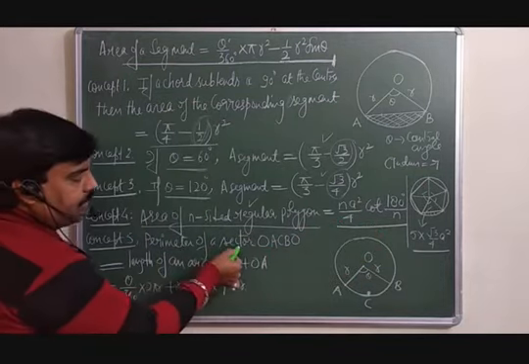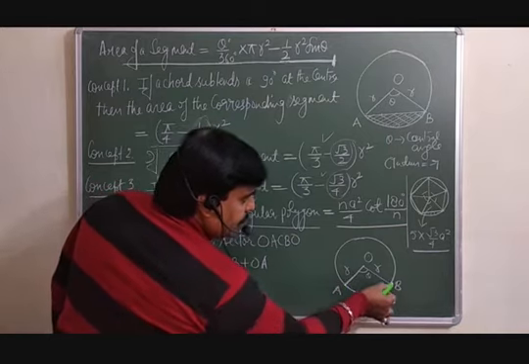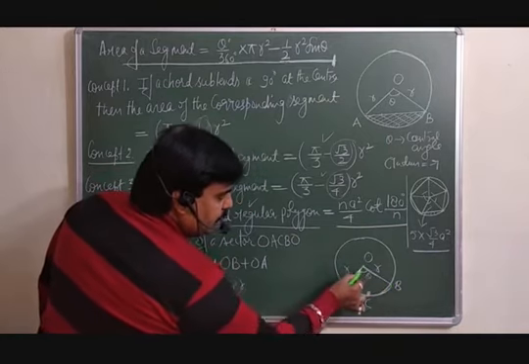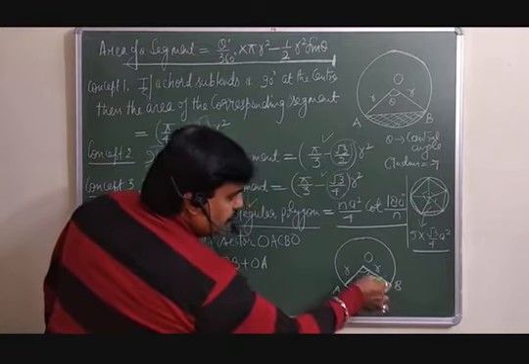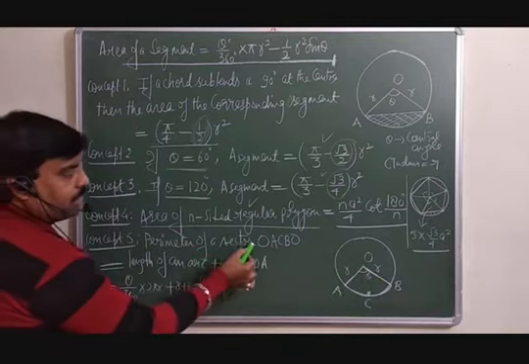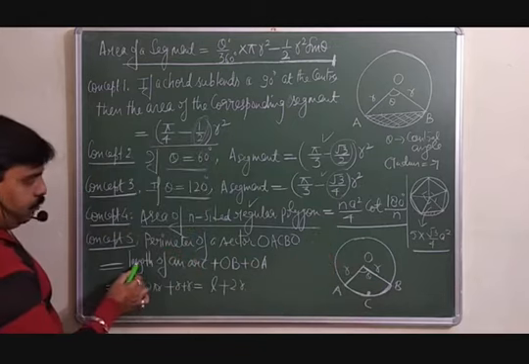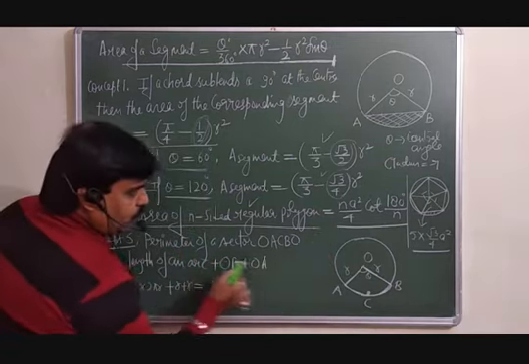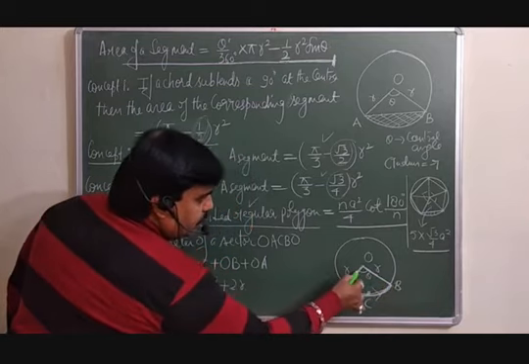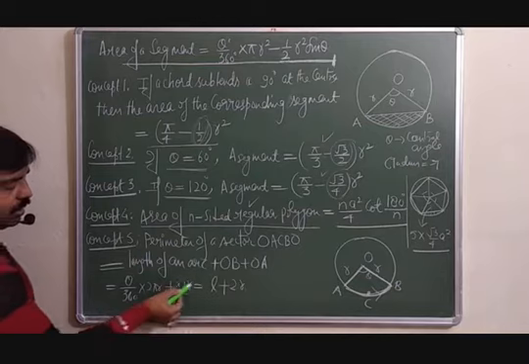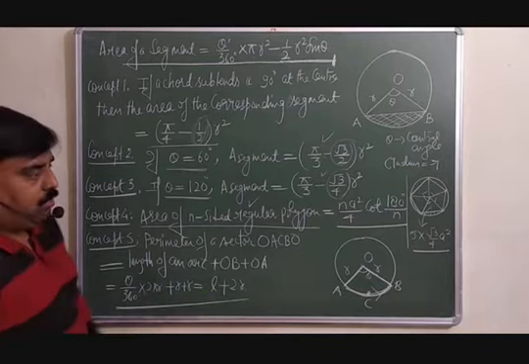Now the perimeter of a sector. If I want to find the perimeter of this sector, then the perimeter will be what? Perimeter means outer boundary. This is OA plus this R, length of an arc, plus this one. Means the perimeter of a sector OACBO will be equal to the length of an arc, plus OB plus OA, that is radius, plus R. Then by using this, L plus 2R, you can calculate this.